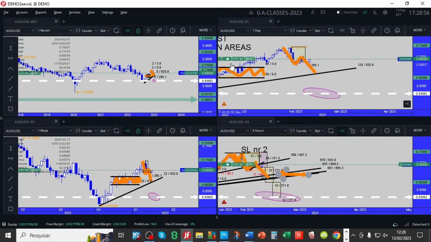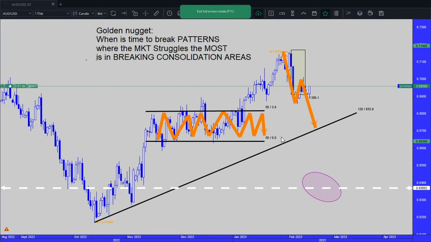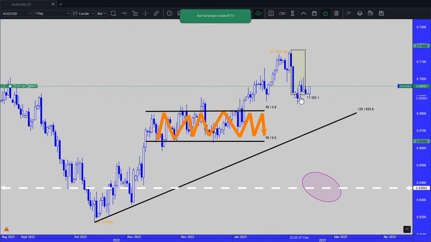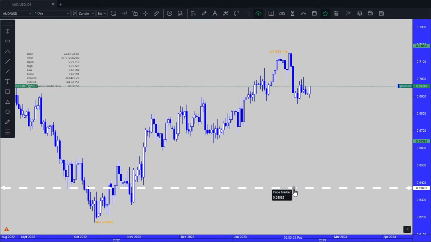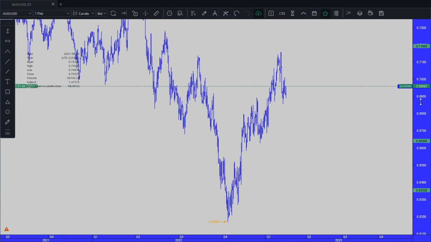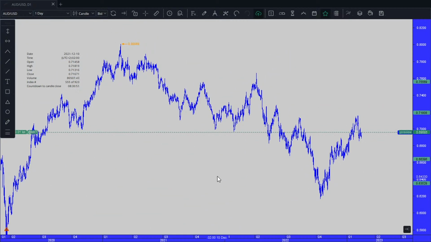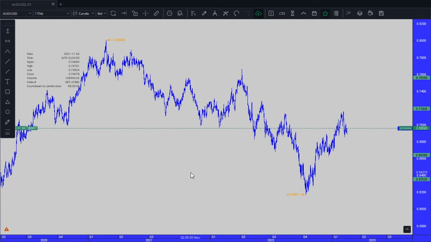So now let's go on the daily chart and let's try to understand the market wave on the daily. This was from the 4-hour chart. Everybody, how is the market wave on the daily? Should you buy or should you sell? The 4-hour chart, we said it's a sell, it's a short. What about the daily?